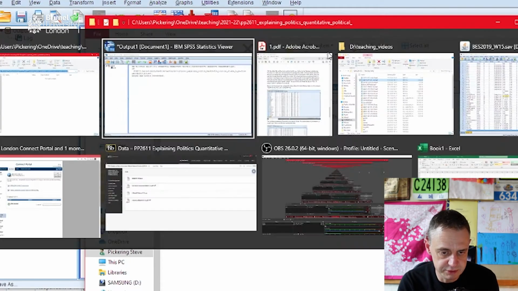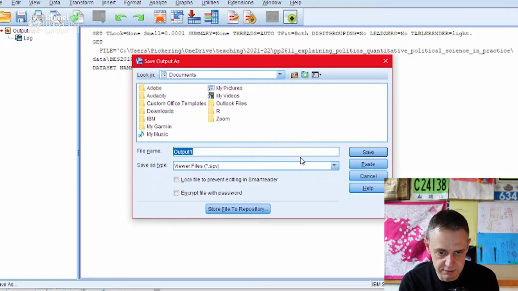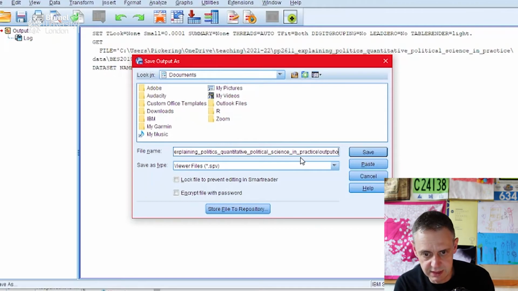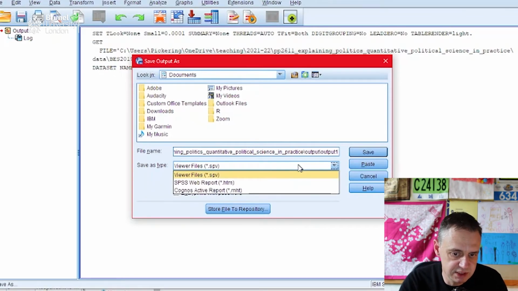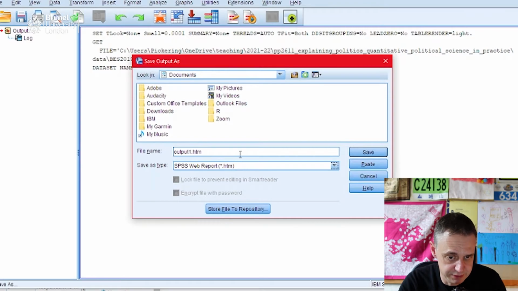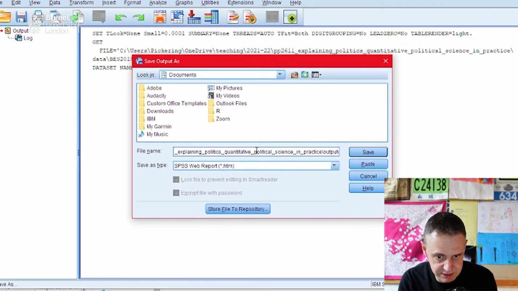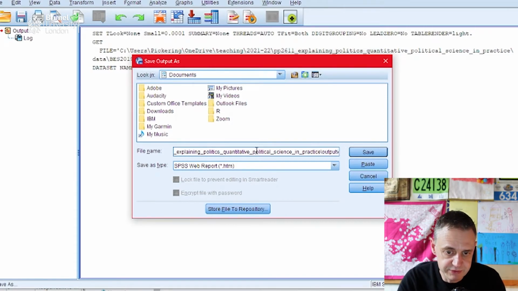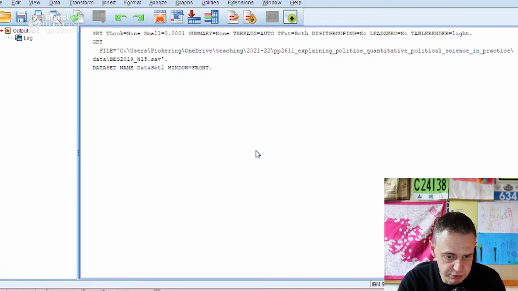Copy that with Control C, go back over here, delete that, Control V, another backslash, and we will call it output 1, and not SPV, but change it to HTM, a HTML file, because then we can load it up in a web browser and it'll look all pretty and be very easy to deal with. So HTM, and it's just deleted the folder. All right, go back and put that in again. Thank you, SPSS. Output like that, save,